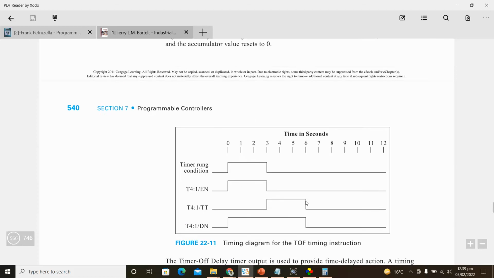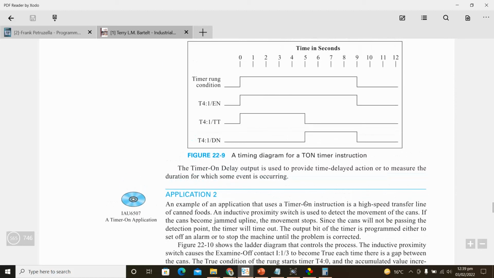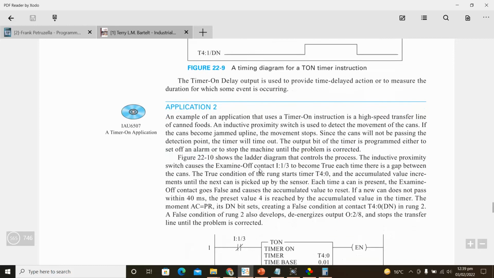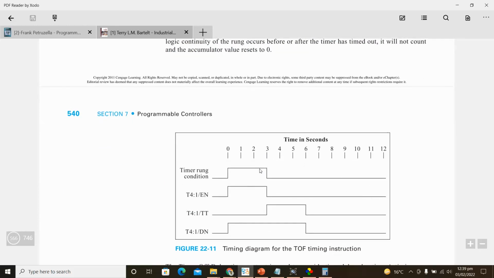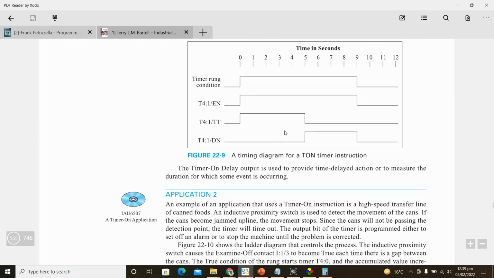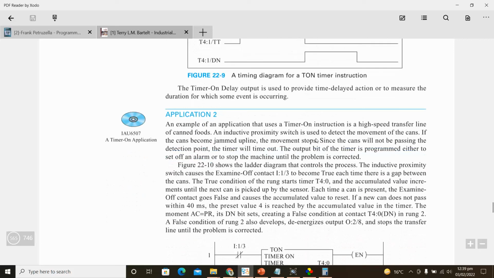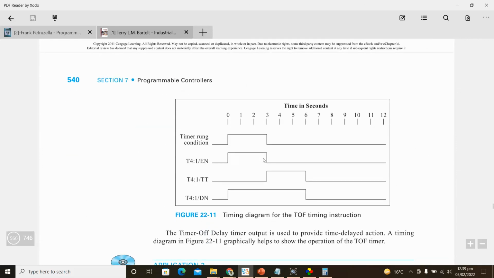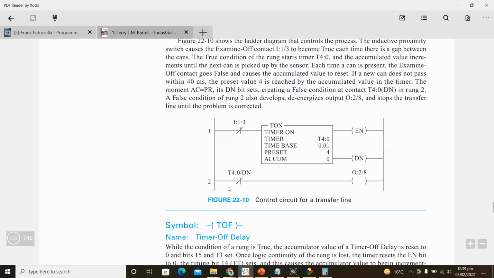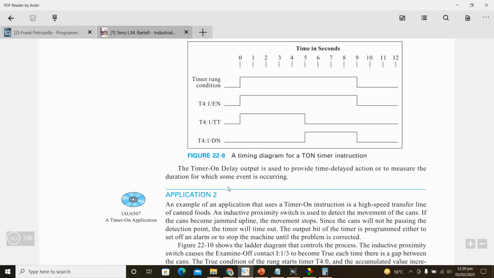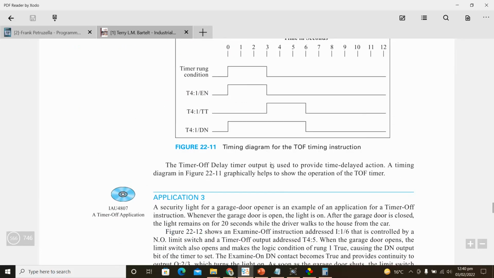Let's compare the two. I think इसमें हाँ, enable bit is the same, except that something happened at 3. TT bit is the same, ठीक है, ये शुरू में हाई जाता है और फिर बाद में लो हो जाता है. उधर TT जो है वो शुरू में हाई जाता है फिर लो हो जाता है, ये उसका अपोजिट है। और डन बिट भी उसका अपोजिट है, शुरू में हाई हो जाता है और TT हाई हो गया।